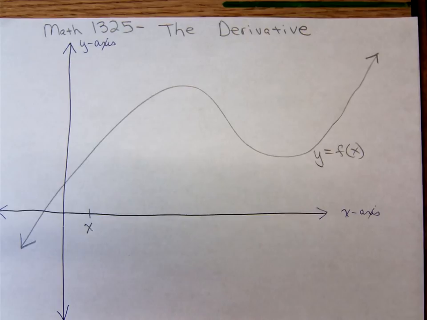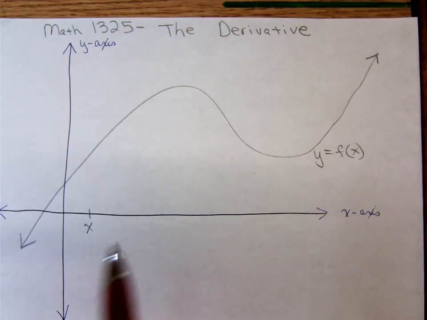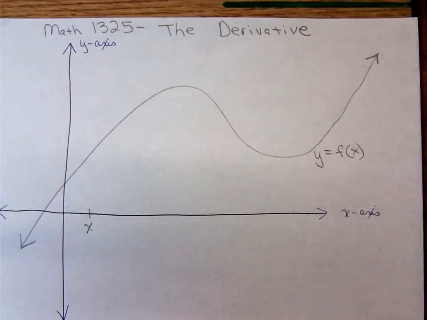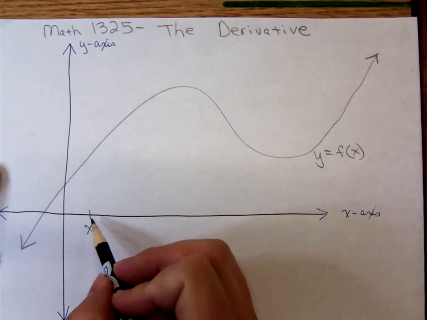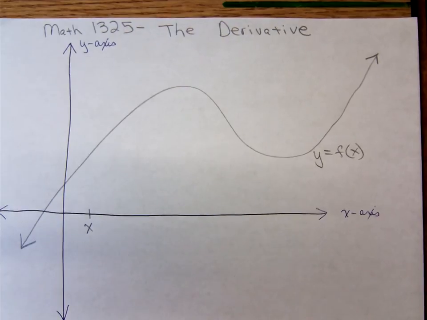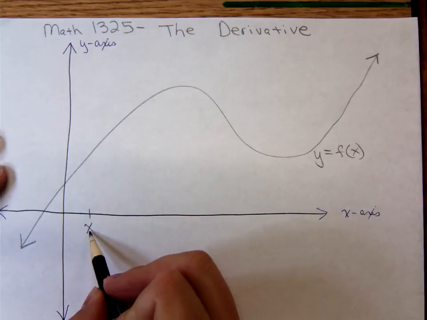What I'm about to do is true in any quadrant, but just to stop those x and y axes from passing through the graph so much, I'll draw most of this curve that I'm going to be looking at in the first quadrant. And I'm going to have an initial starting value of x labeled on the x-axis, just a general arbitrary value on the x-axis. Let's suppose I move